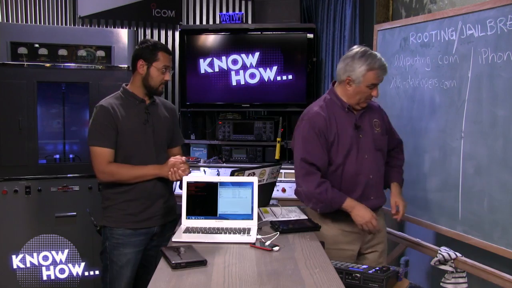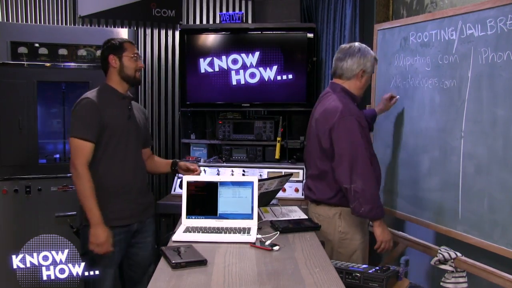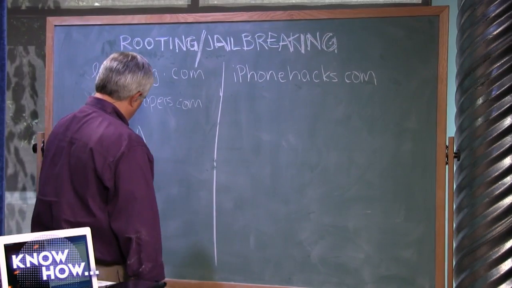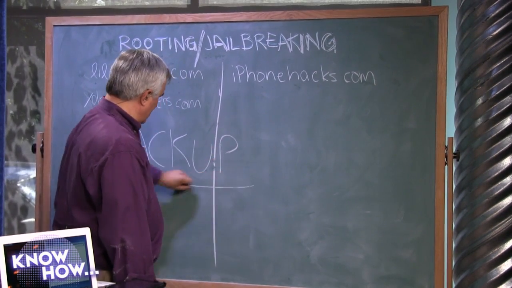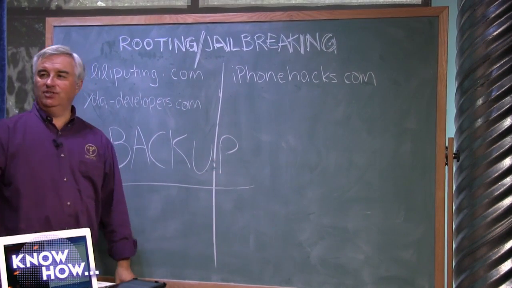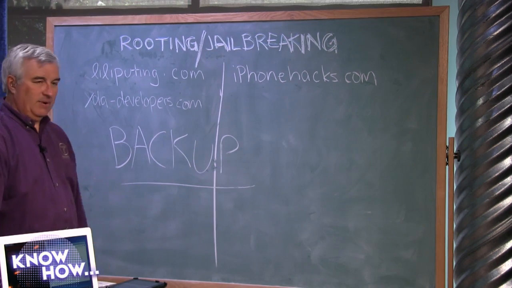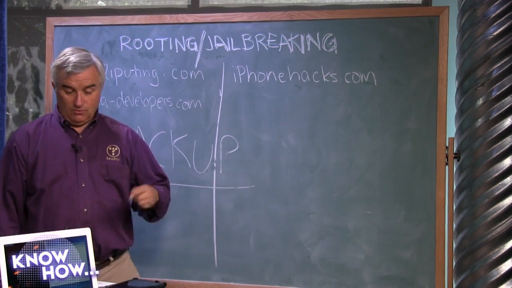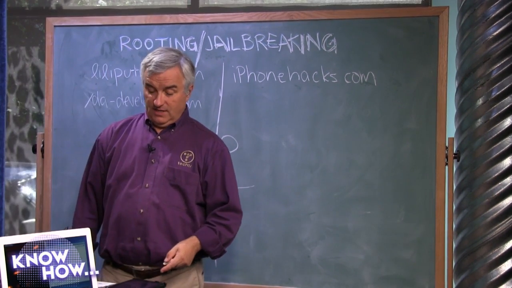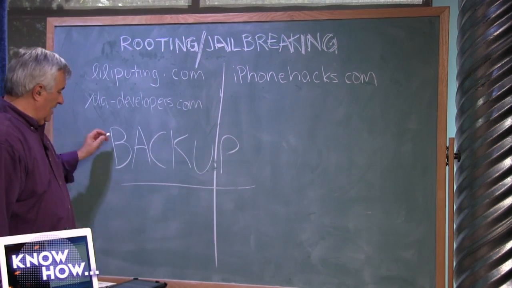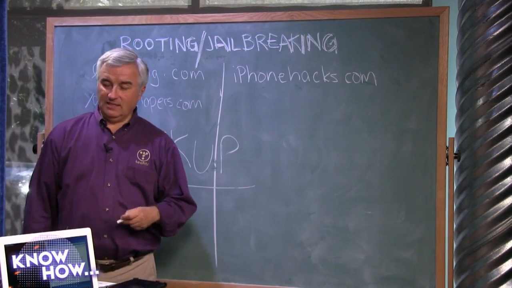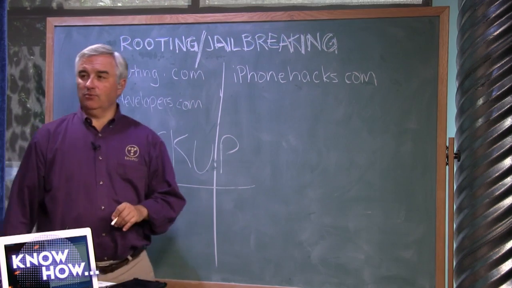So, just to recap, number 1, we didn't put it on the board. We're going to put it on the board right now. Back up your device. In most cases, you can get back to your original unjailbroken, unrooted device by a restore. iTunes Restore will restore your iOS device. Your Android, if you've got Clockwork Mod, it will automatically back up your original firmware and you can go back to that. So backup is really, really important.